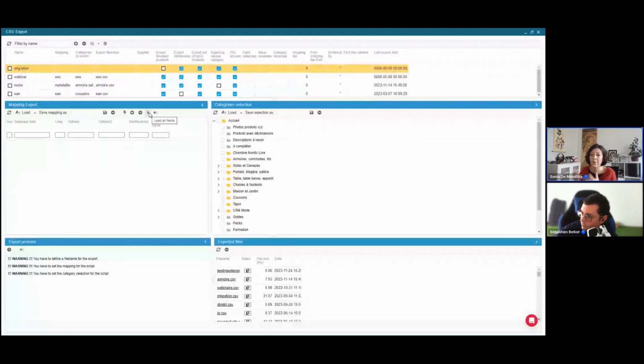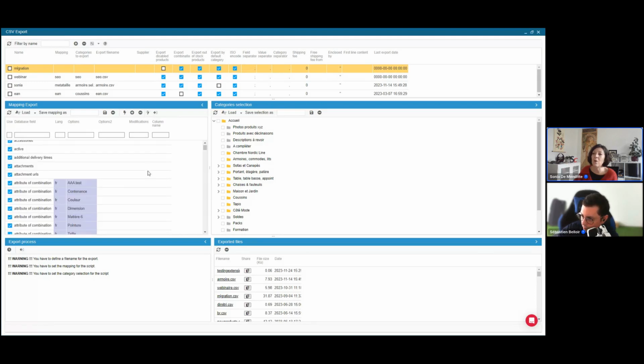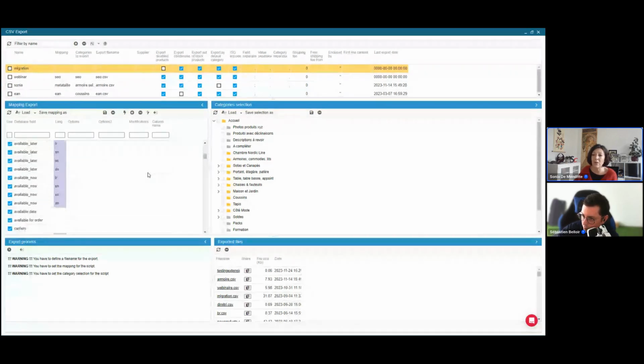It's like all the fields in the list, because of course we can export data that can be used to re-import afterwards. But we also have fields that are not used to be imported. They are like calculated fields. If I click on it to show you, I've got everything, all the fields on the list, and there are fields that you don't actually need to import, but are just there to do some statistics, for example, because